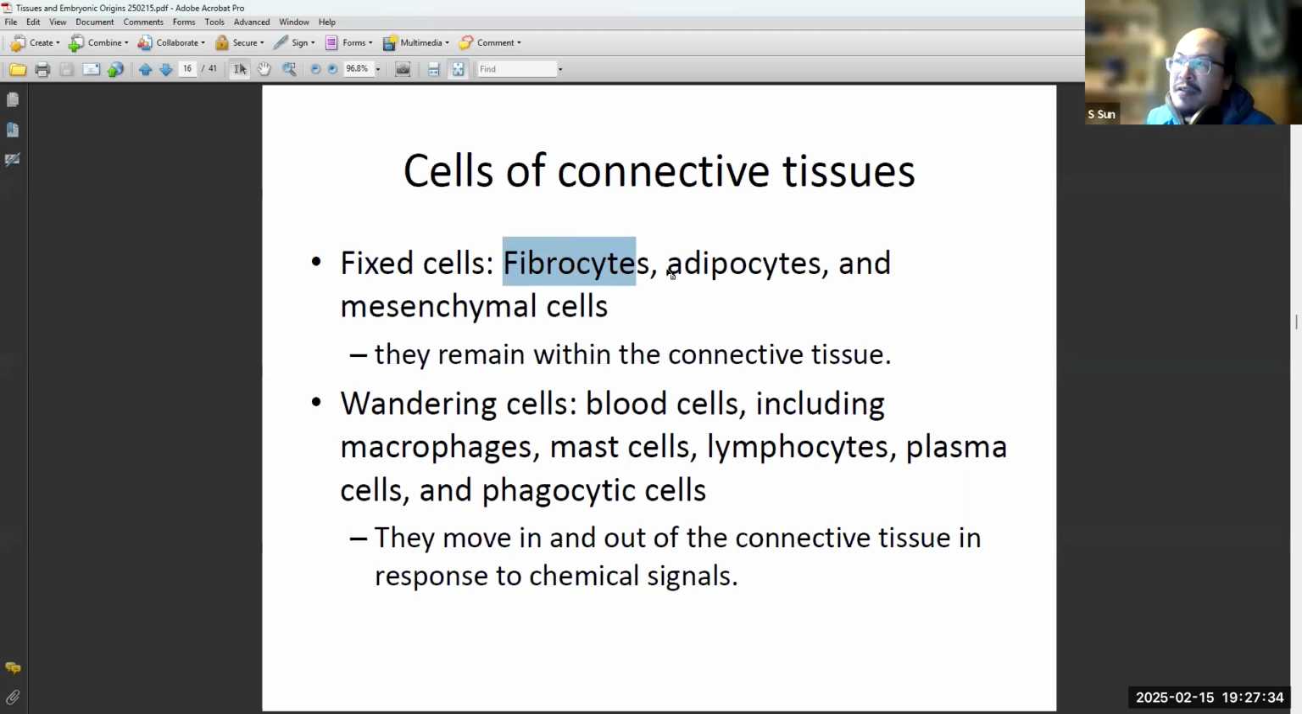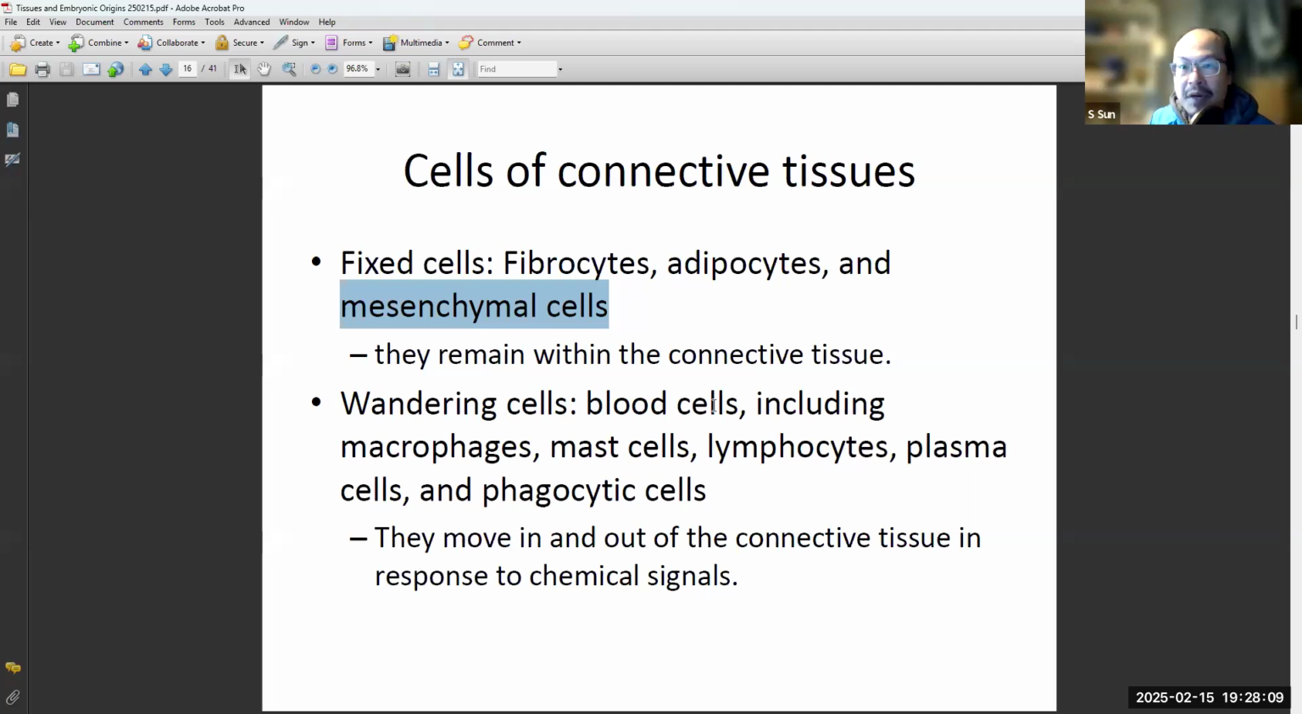This is the most abundant cell in the connective tissue proper. Then adipocytes, the fat cells, mesenchymal cells, and the bone cells, cartilage cells, etc. What we are trying to say here is that these basically stay in the tissue. They are not moving away. The wandering cells can move in and out of the tissues and include the blood